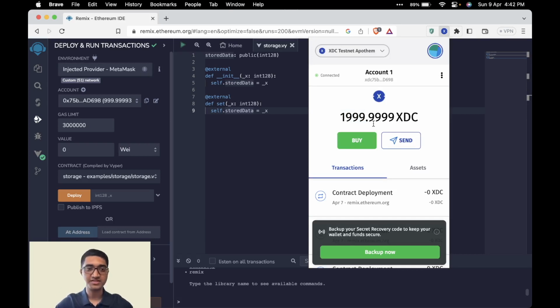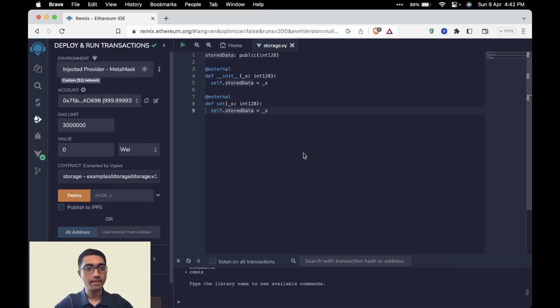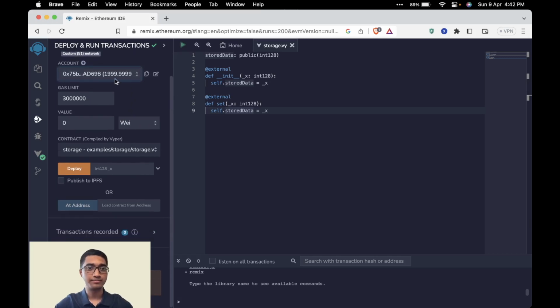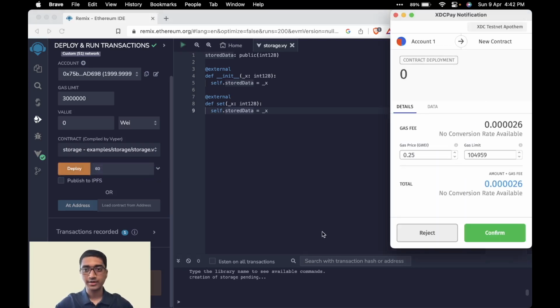Now that we have some test XDC in order to play around in the XDC sandbox, so to speak, we have the account connected, and this will also update later, which you can see it just did. And now that we have the contract which is compiled, we can say deploy. And inside this text box, we can type in the value we want the integer to be at the very beginning. So let's just call it 60 for the time being. When we say deploy, it's going to ask us to create the contract, and this shows the amount of gas fees we'll need and things like that. When we click on confirm,